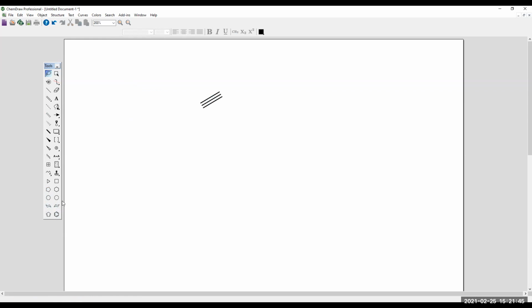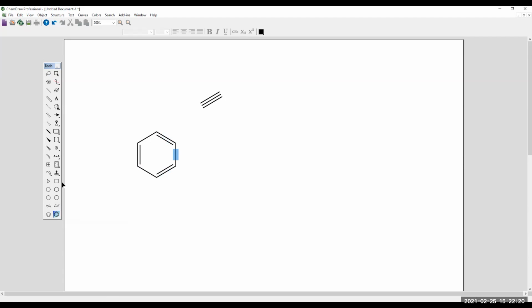All right, and then the final thing that we'll talk about is down here at the bottom. You'll see these different chemical rings, right? These predefined chemical rings. So often when you're drawing structures, they're going to have some sort of a ring to it at some point, or multiple rings within the structure. You can draw these out by hand if you like. But if you're drawing, say, a lot of benzene rings, right? The 6-membered rings with alternating double bonds. Drawing a lot of these in your structures is going to consume a lot of time,